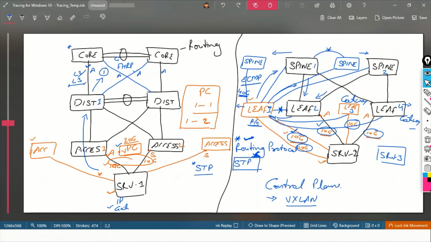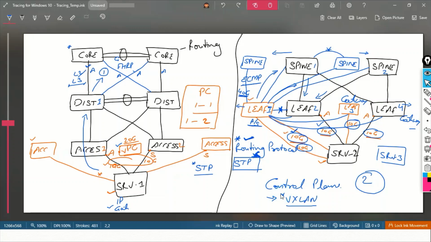So whenever we are talking about ACI, all the packets, all the inter-VLAN communication or server-to-server communication, are 2 hops away, right? So if server 2 wants to talk to server 3, then server 2 sends a request to leaf 1 and leaf 1 directly sends the packet to leaf 2 via this VXLAN tunnel.